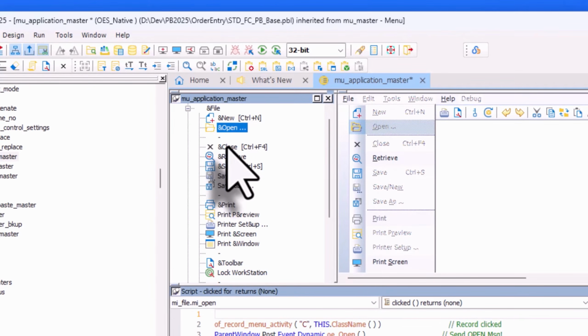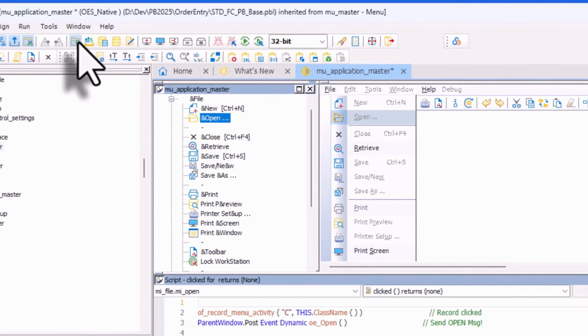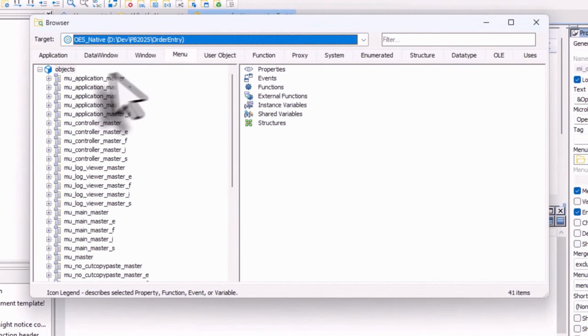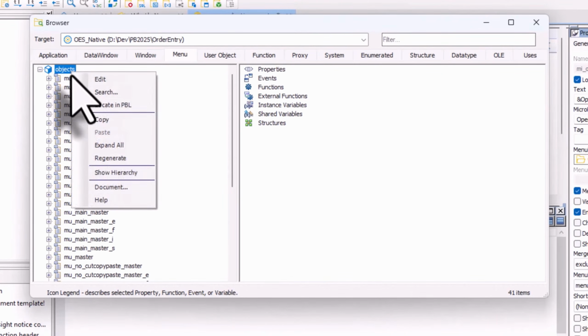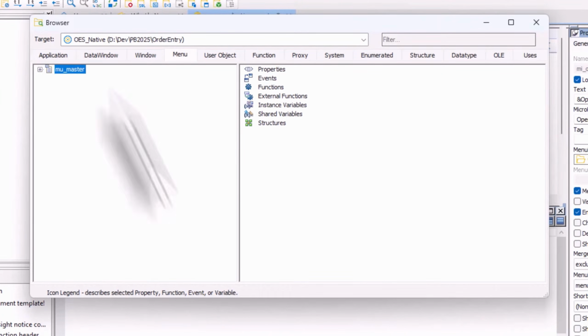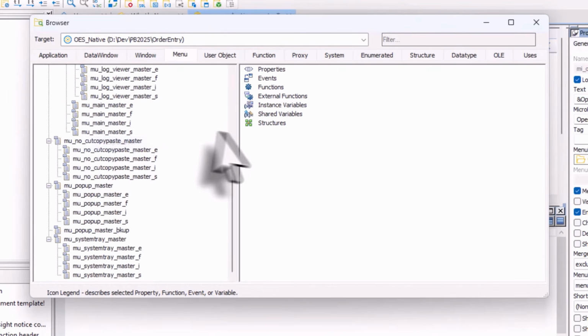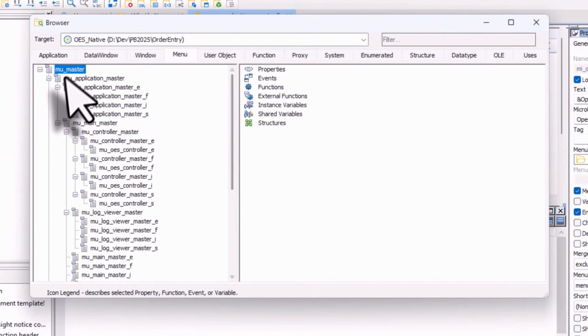However, menus are very complex. So when you actually go and do a full build, you may have problems. So you don't want to do this anymore. In fact, I haven't done that for a couple of decades now. So you want to use the object browser, go to the menu, have a look at the hierarchy, show hierarchy. You want to expand all, and you can go back to a high-level ancestor, a base, or an abstract,